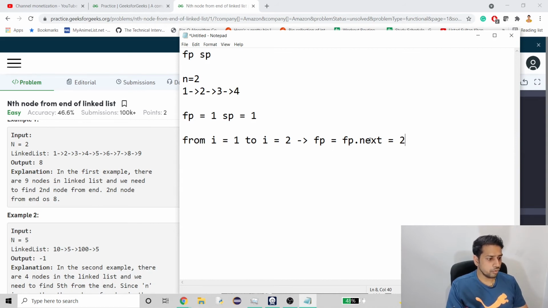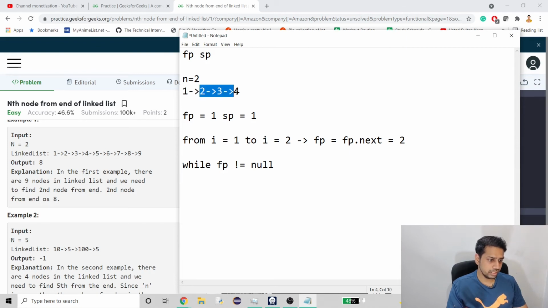So what we have to do now is keep our second pointer as it is. Now we will start again from fp. So now we don't have to iterate over i, we will do fp till it reaches null. So we will do while fp not equals null. Here we are going to increment our fp, like next.